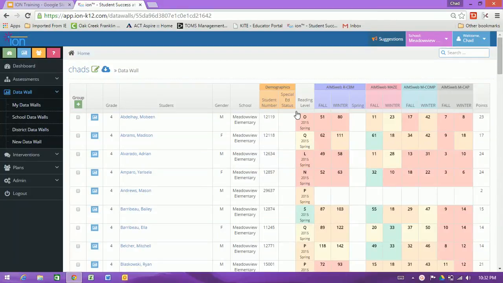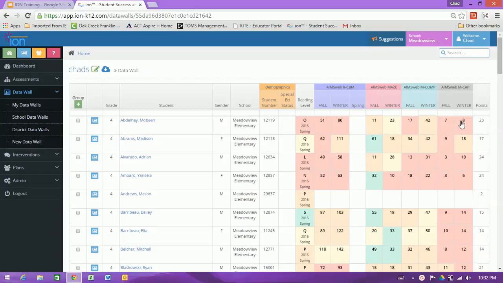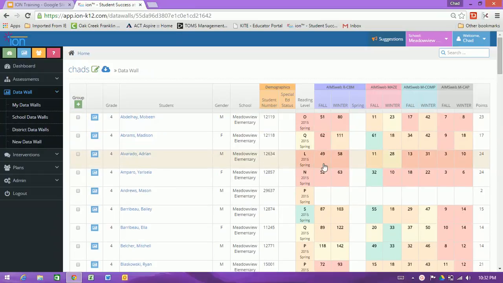So now that you've learned to put some pretty colors at the top and group things together, you might wonder, how did we come up with some of these colors as well? When you look at the wall, the colors actually represent students who may need assistance. So green, in this case, means that that student is performing well and does not necessarily need any assistance in that area. Whereas red and then orange and then yellow would mean that they probably need a little bit more